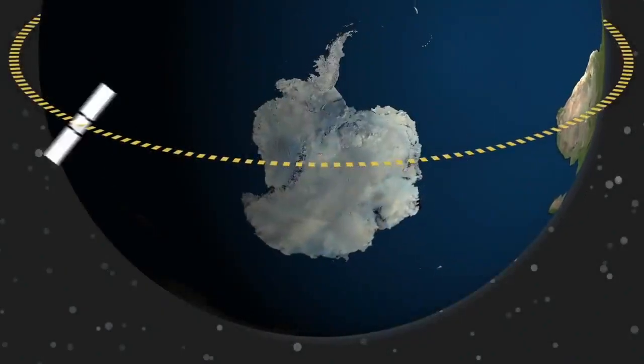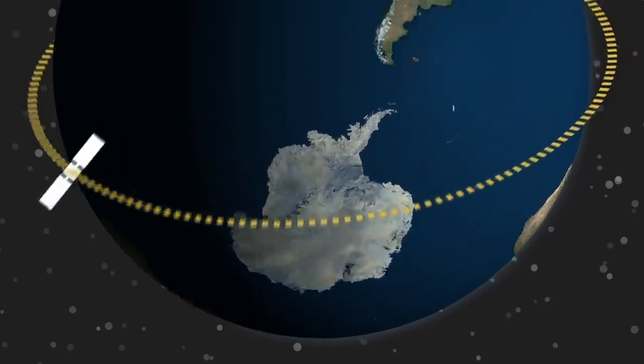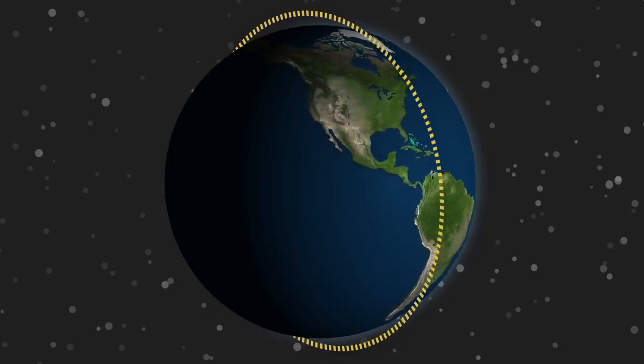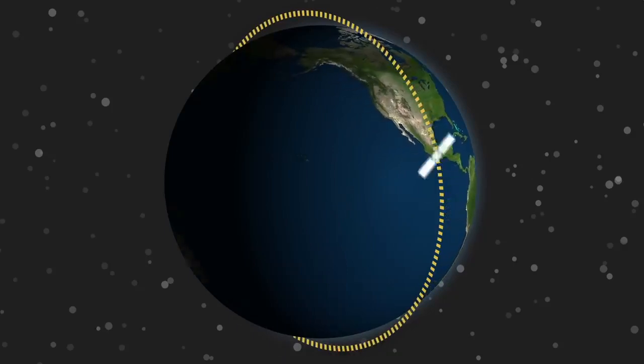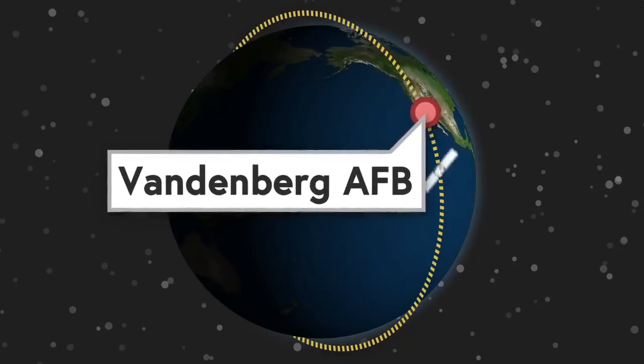If a satellite is going to orbit in a north-south direction over the poles, they want to launch in that direction, so they want to launch from a site with open water to the north or south, both for safety and, for some rocket designs, so stages of rockets can fall into the ocean throughout the launch process. SpaceX, for example, therefore uses Vandenberg Air Force Base in California for their polar orbit launches, as it has the